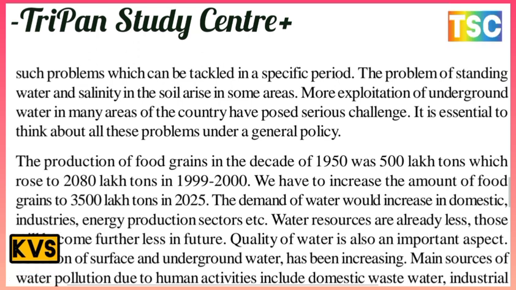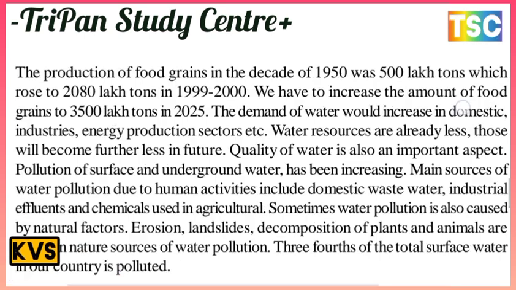We need to think about all the problems under a general policy here. There is a most important general policy here. The production of food grain in the decade of 1950 was 5 lakh tons, which rose to 2080 lakh tons in 1999-2000. The period 1999 to 2000 is the most important. The 2080 lakh tons is important here, and we have to increase the amount of food grain